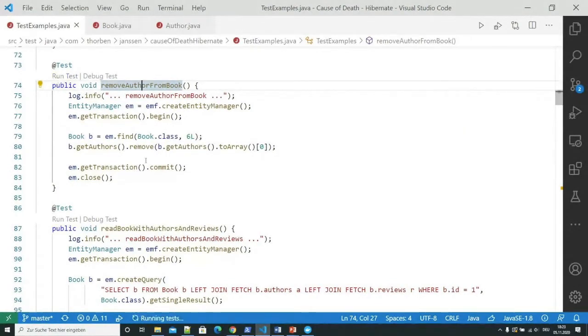Because as you will see here, Hibernate handles lists for many-to-many associations very inefficiently when you are adding or removing elements from that list. So what I do here is I get a book from the database, and then I just remove the first author from the list of authors who've written that book. What would you expect when you have something like this in the code? You would probably expect that Hibernate would trigger a delete statement that removes the record from the association table that connects this book with that author.